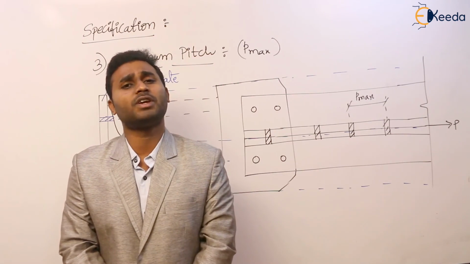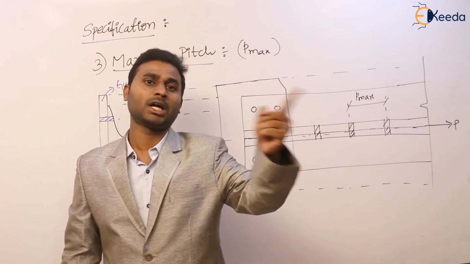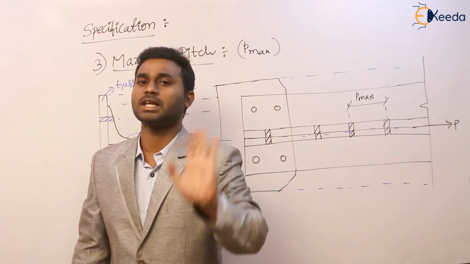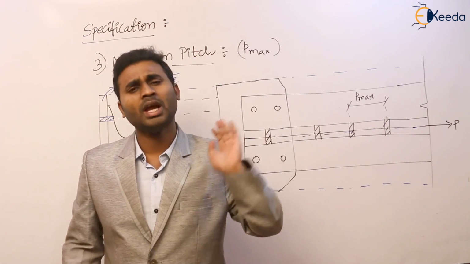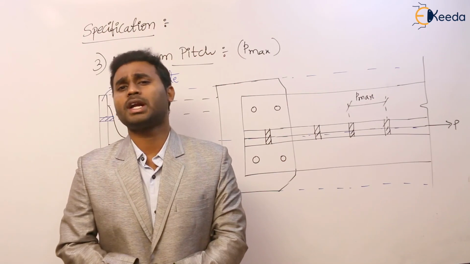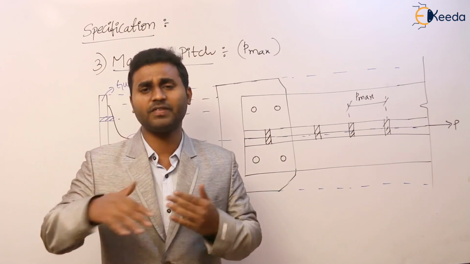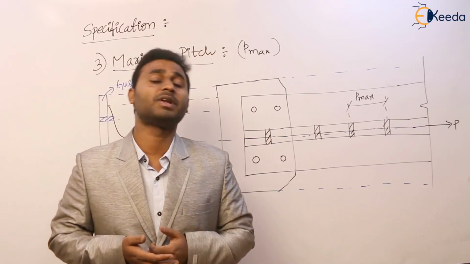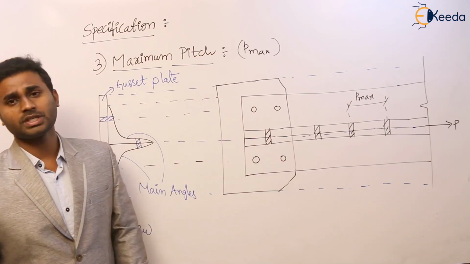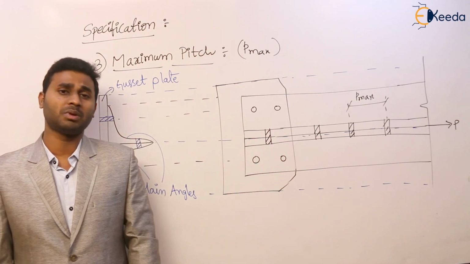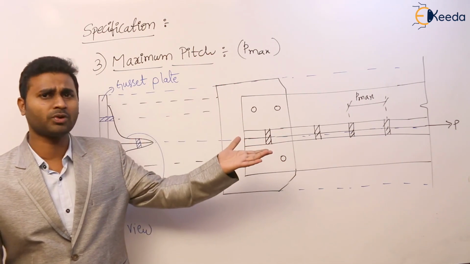So what are the provisions for maximum pitch for tension and compression? For compression, 12 T or 200 mm, whichever is minimum, where T is the thickness of the thinner member, and for tension it is 16 T or 200 mm, whichever is less. Clear or not? So simply remember those two provisions. Remaining, if the bolts are staggered, then 50% increase. Clear? If tack bolts are provided, these are the provisions. So this is regarding the maximum pitch and minimum pitch provision. After this, we'll see the maximum gauge. Minimum gauge is also the same provision, 2.5 D.